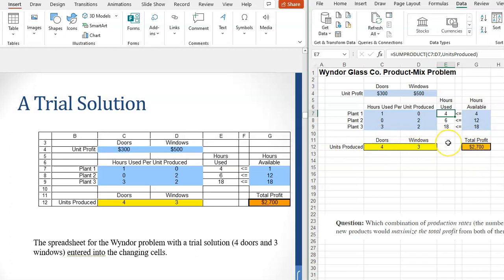We could spend all day long, and maybe hours, trying to put in different combinations given the constraint. Okay, remember, here's the constraint. It's telling us that we only have so many hours. We don't have 24 hours a day. So what are we going to do? We're going to use the Microsoft Excel